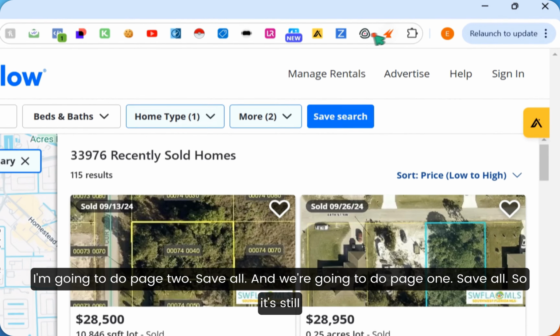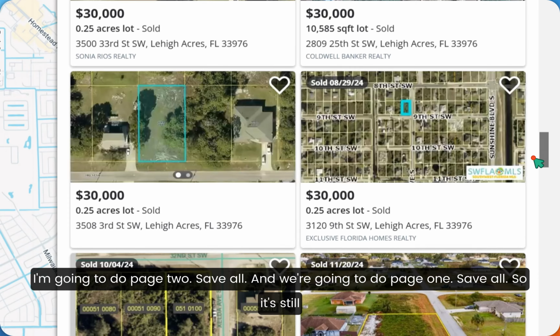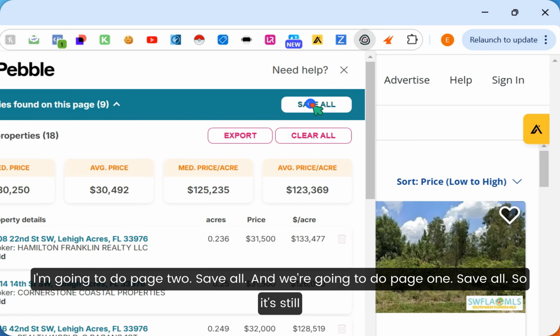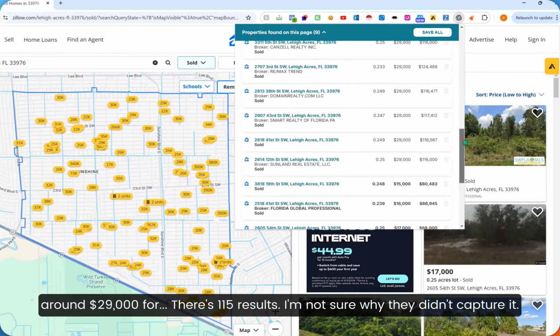I'm going to do page 2, save all, and then we're going to do page 1, save all. So it's still around 29,000 for,